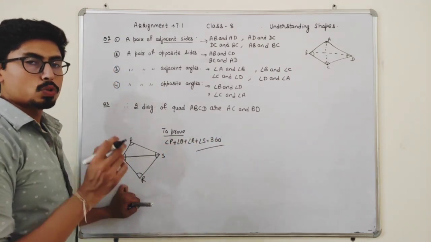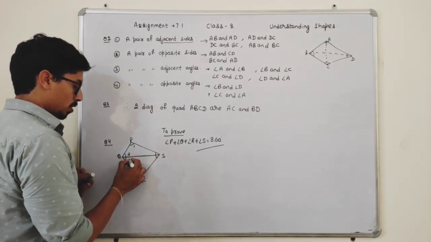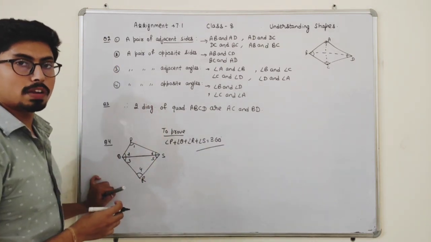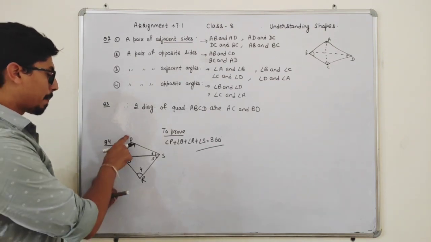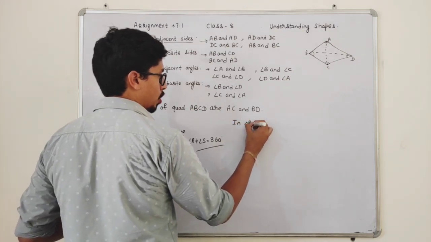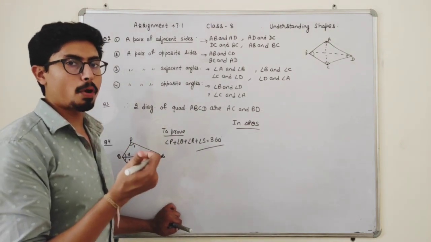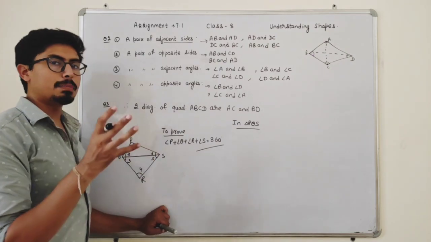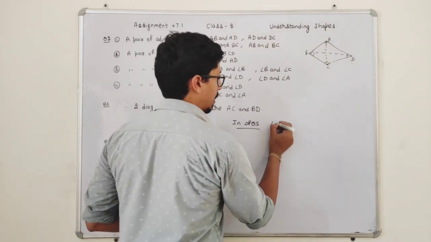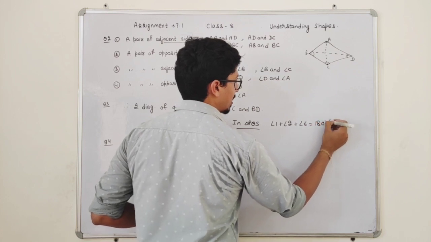Okay, students. Before doing this, I name these angles as 1, 2, 3, 4, 5 and 6. Now, if I take triangle PQS, using the angle sum property for triangles, the sum of the angles of a triangle is 180 degrees. So angle 1 plus angle 2 plus angle 6 is 180 degrees. The reason is angle sum property.